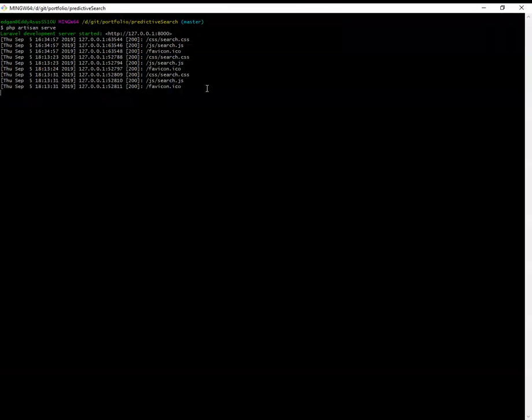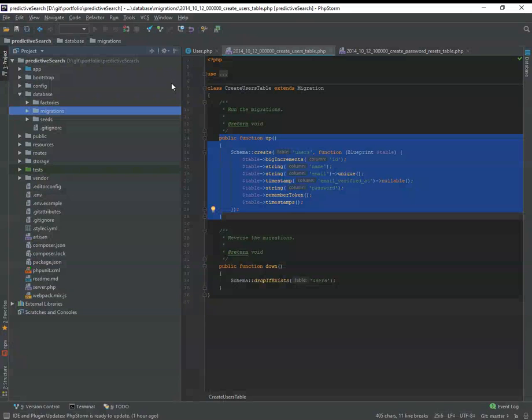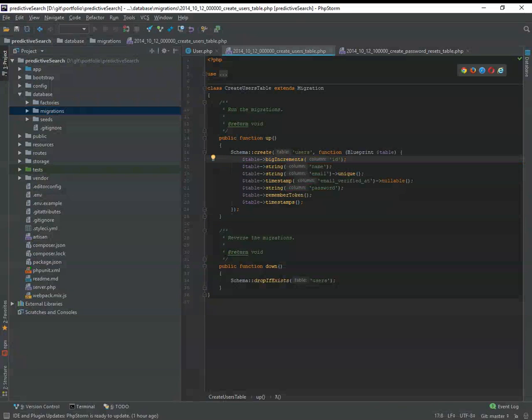Here I have this. Okay, I cleaned all my log history. Here from the console, I execute php artisan migrate, and then when I execute that,